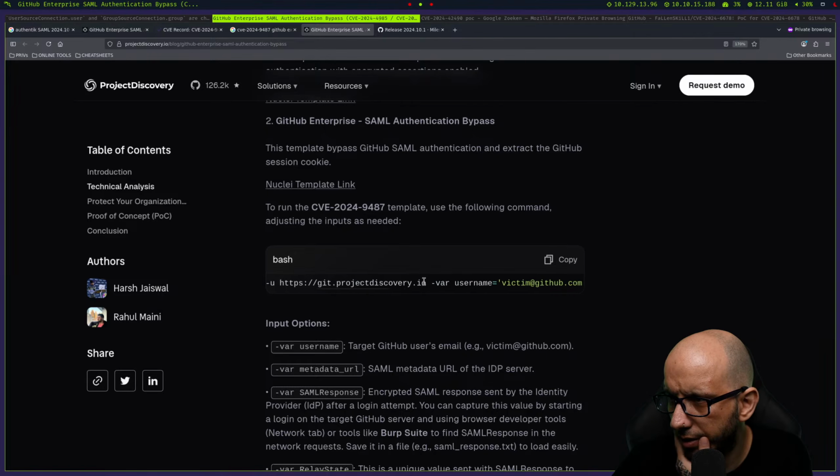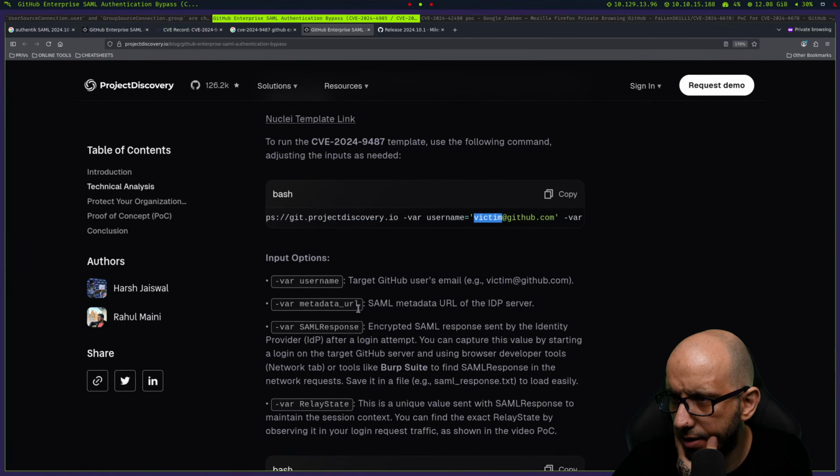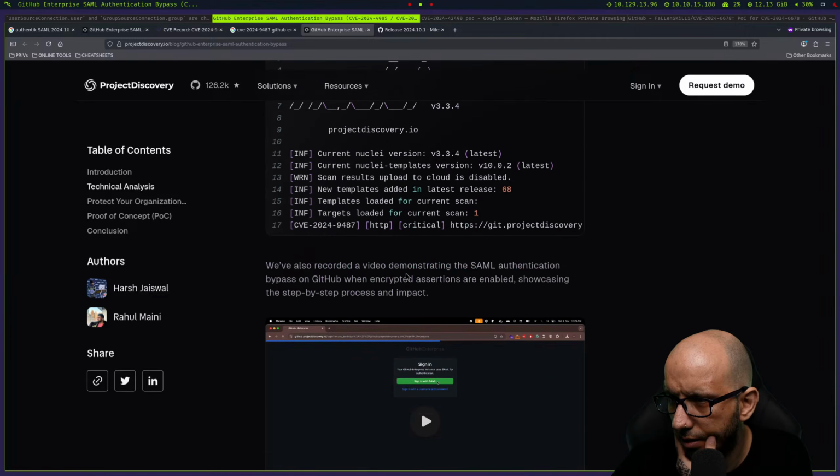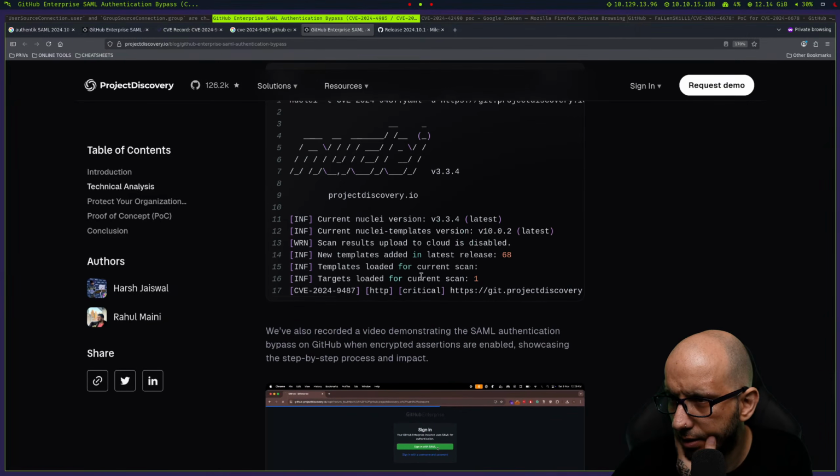Project Discovery and the victim username. And adjust the inputs. Okay, the username we know, the email address, metadata URL, and